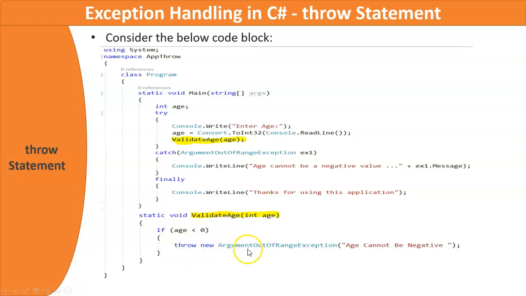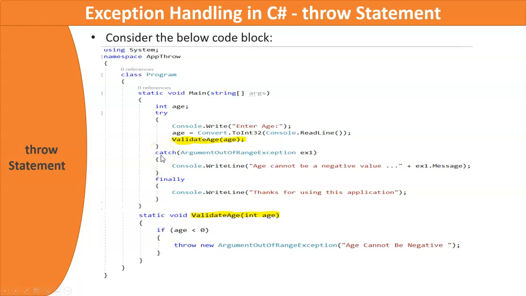Once an exception is thrown, what's the next step? If an exception is thrown, it should be caught. So that is caught in the catch section. After the throw statement is executed and ArgumentOutOfRangeException is thrown, the program control goes back here.